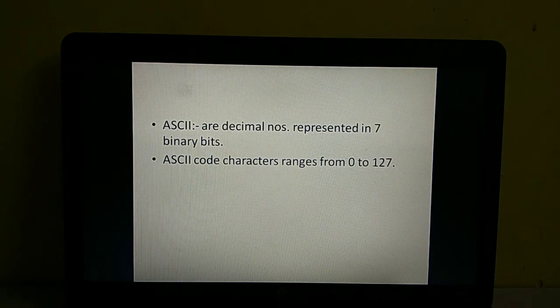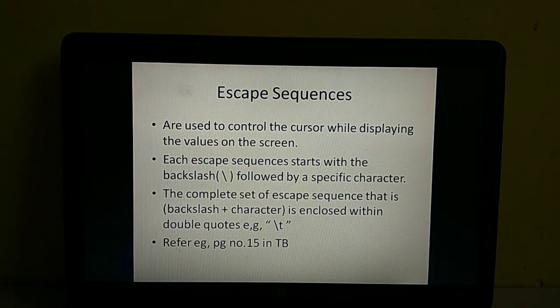Okay, then ASCII code is a decimal number represented in 7 binary digits, and the character ranges from 0 to 127. I have told you about your escape sequences also. Okay, it controls the cursor while displaying the values on the screen, and always it will start with a backslash followed by a character. Then this escape sequence is always enclosed within double quotes.